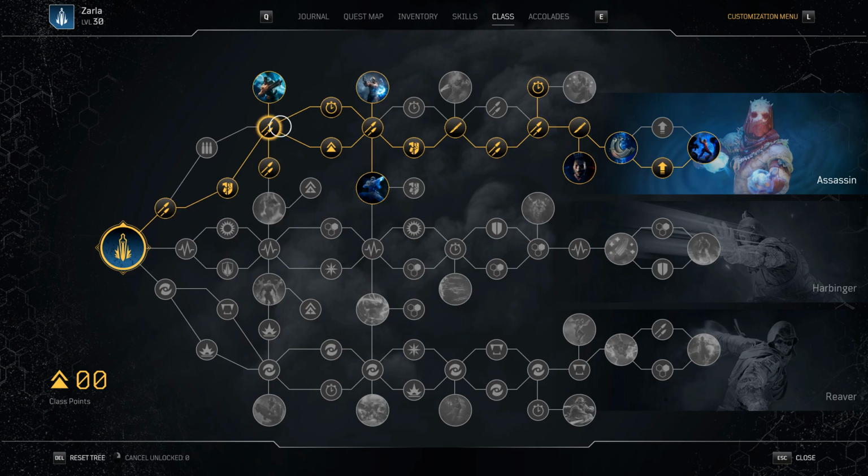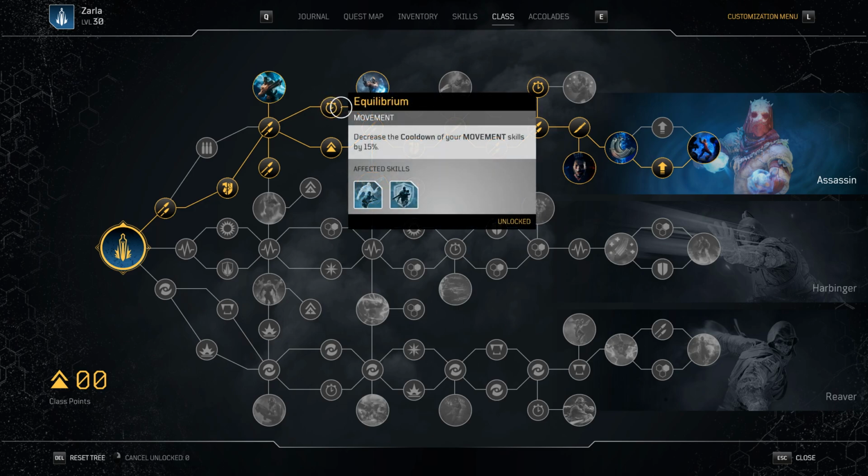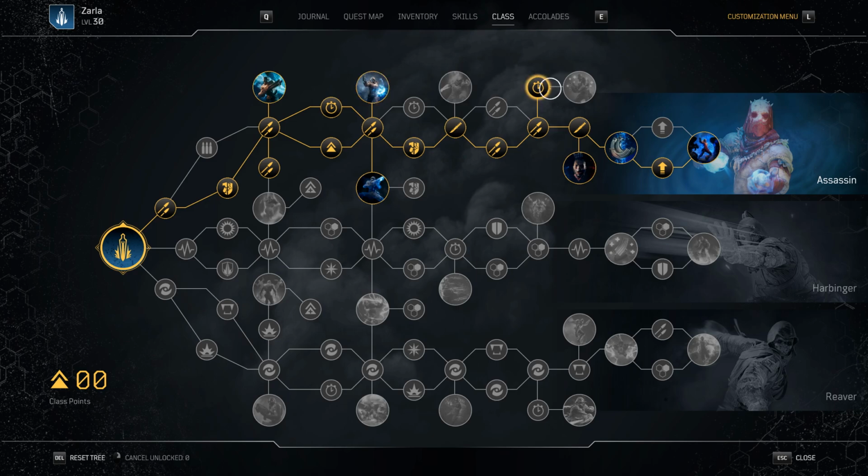Now, as for the rest of the skill tree, it's pretty straightforward. I've put a little bit of armor piercing in there, haven't gone for reloading because you won't be reloading at all. Quite important, you want to put the 15% cooldown reduction over here and over here. And that's about it. Some of the key